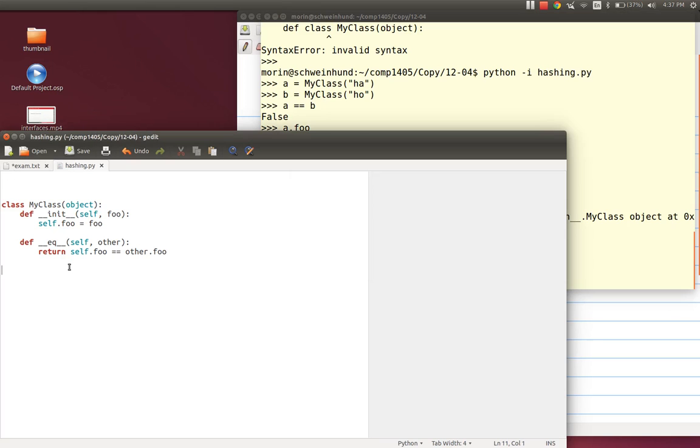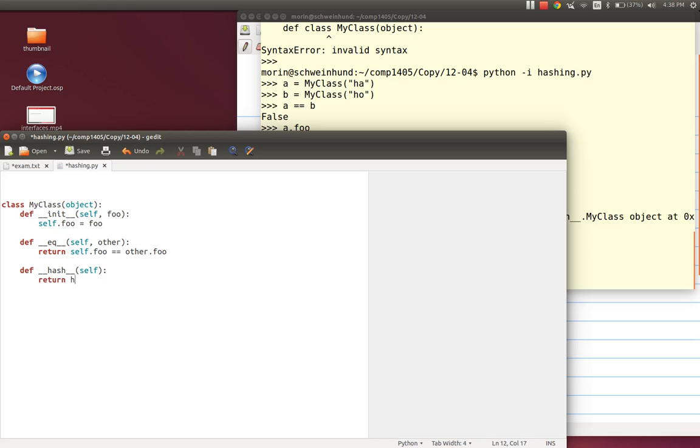So the fix is to define a hash function for our object that only considers the stuff that we care about being equal. In this case, the foo property is the only thing that matters to test if two of our objects are equal.